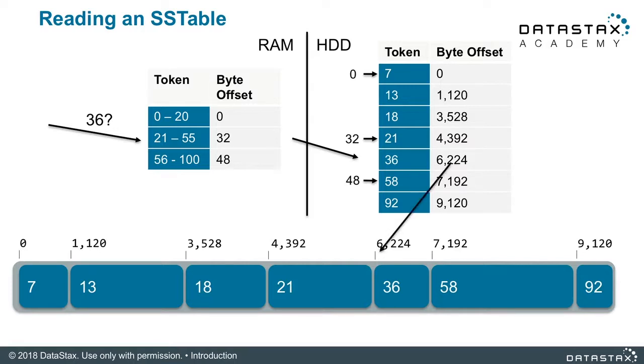Apache Cassandra opens the SS table file, does a seek, streams the data off disk, and returns it for coalescing with the other values. At that point, if you have it enabled, Apache Cassandra actually has a key cache, which is also an in-memory data structure. After we did all that rigmarole to find the value that we're looking for, which in this case is token 36, byte offset 6224, there's a good chance that the user may do that read or some other similar read later. It's typical caching algorithms.